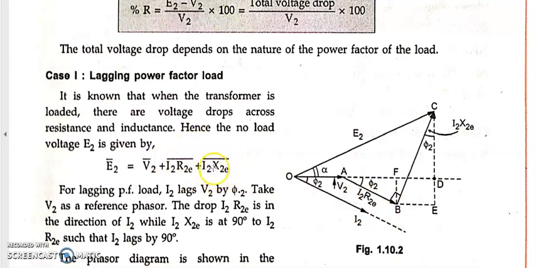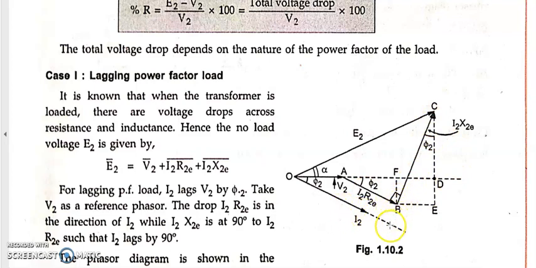Now coming to I2 X2E, what type of drop is it? I2 X2E is a voltage drop at the reactive part of the inductive load. In a reactance, if I connect an inductive load, there is a phase difference of 90 degrees between the voltage drop and the current I2. You can see this line I have drawn at the tip of I2 R2E because I need to sum up all of this, and it is perpendicular, that is 90 degrees, with respect to I2.